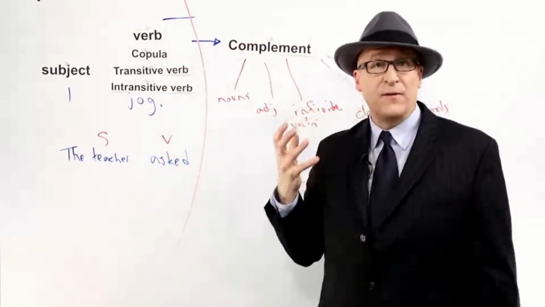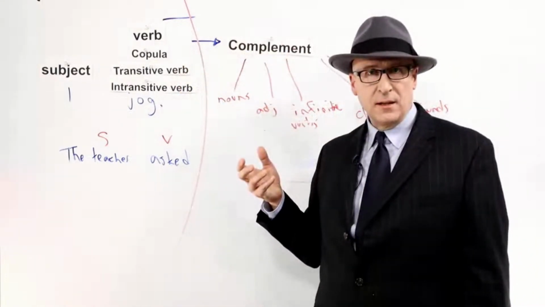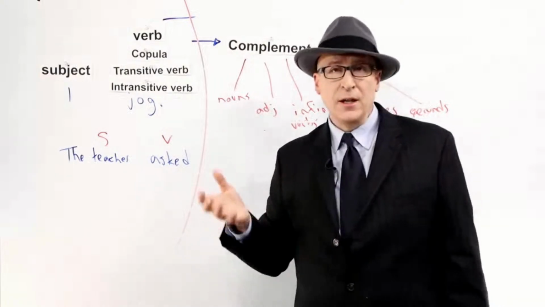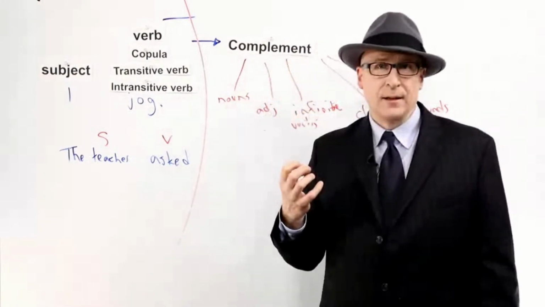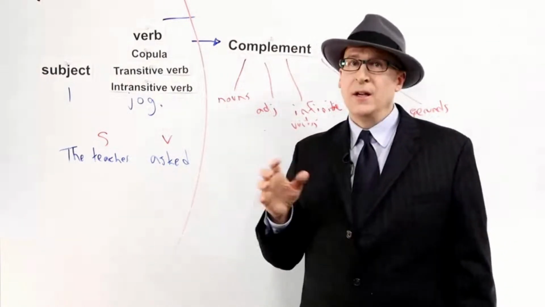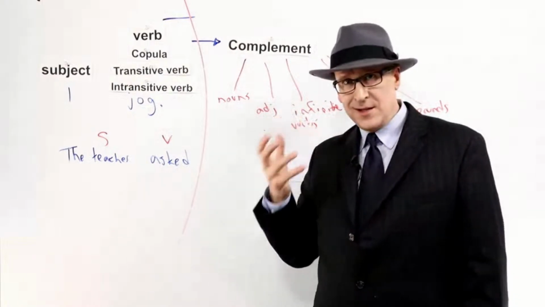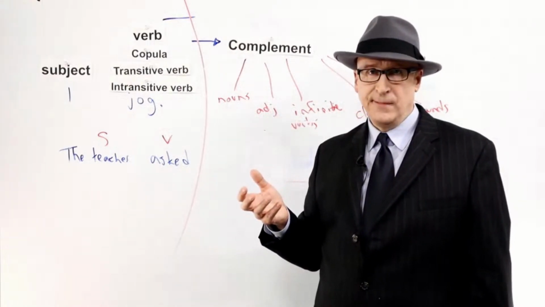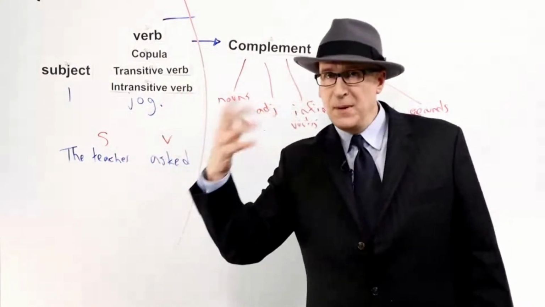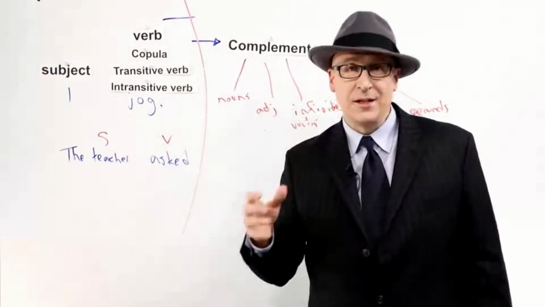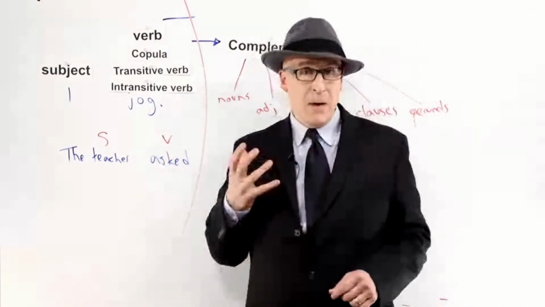If the verb is transitive, we have one choice: objects. A transitive verb must be followed immediately by a direct object. For example, enjoy. You have to enjoy something. You have to discuss something. You can't discuss about, you can't discuss with, you can't discuss for. You need to discuss something. You need to discuss a topic. You need to discuss business. You need to discuss English. You need to discuss grammar. Transitive verbs must be followed by an object.